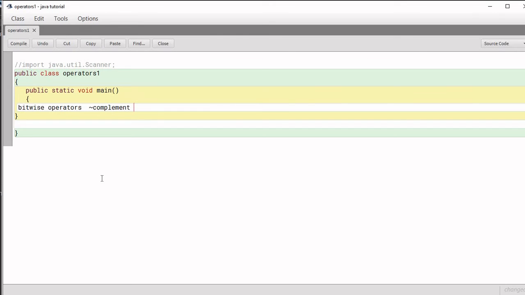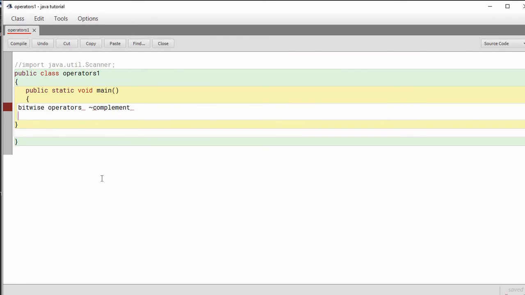So how do they work? First of all, we will see the bitwise complement operator. Suppose you have written complement 10, where 10 is some integer number. Then 10 will be converted to binary.